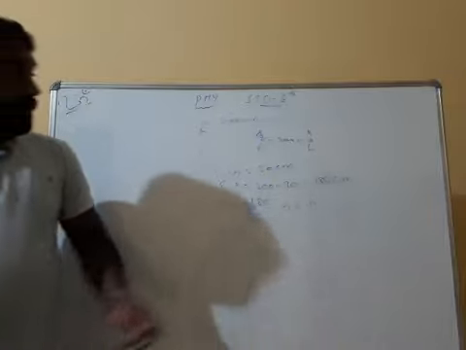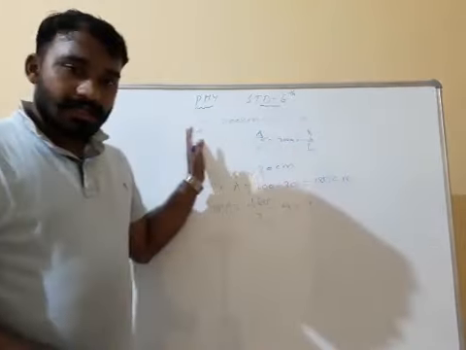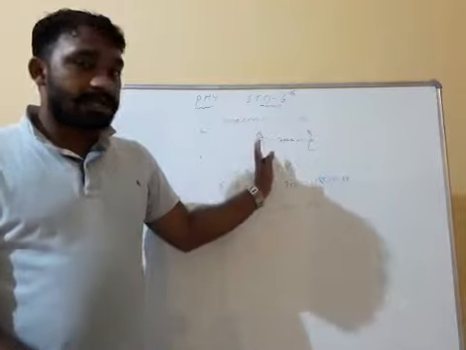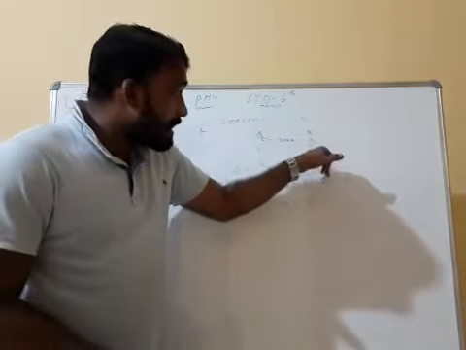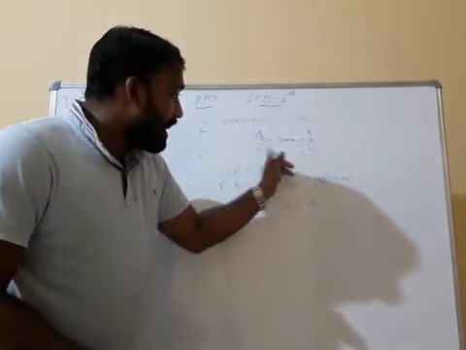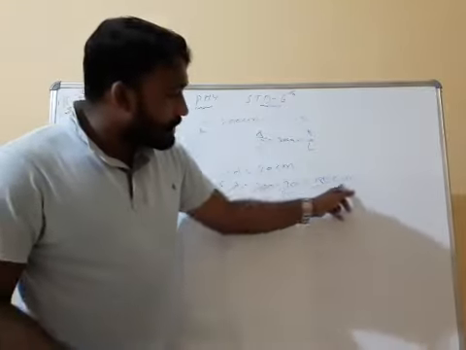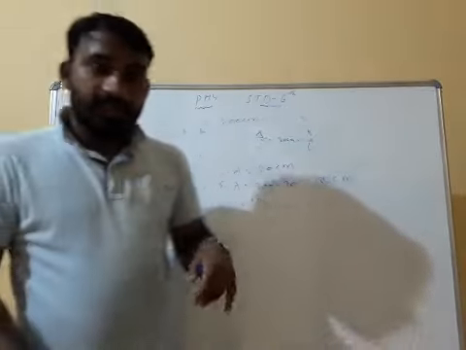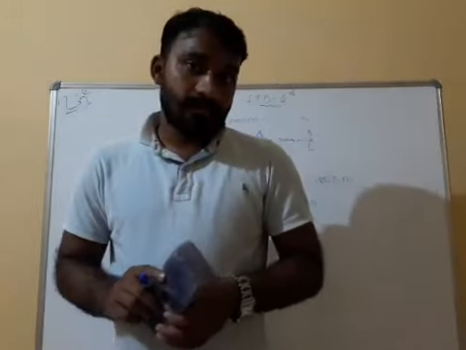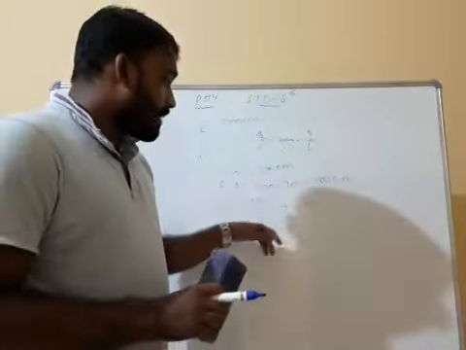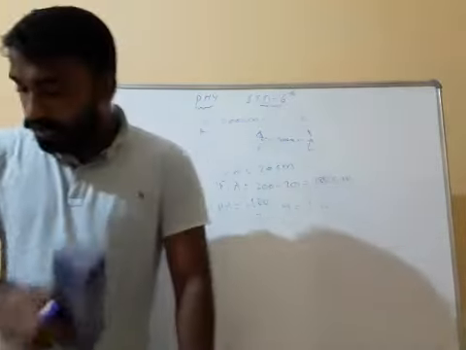Next one. Here again I am repeating this example. One crowbar is there, that is 200 centimeter, which means 2 meter. The fulcrum is at 20 centimeter from one tip, and at that tip the load is there. So the load arm will be what? 20 centimeter. The effort arm will be 180 centimeter. Then mechanical advantage is equal to effort arm by load arm. So directly put 180 by 20 is equal to 9. This is the mechanical advantage. Next question.